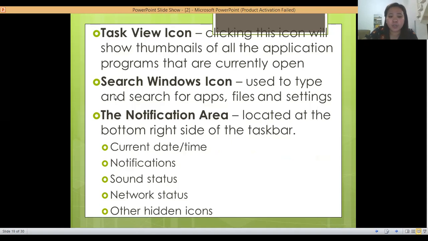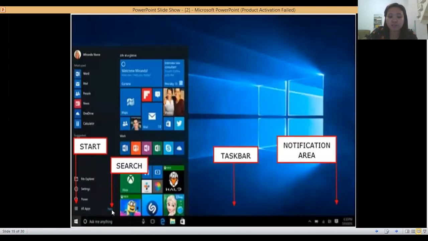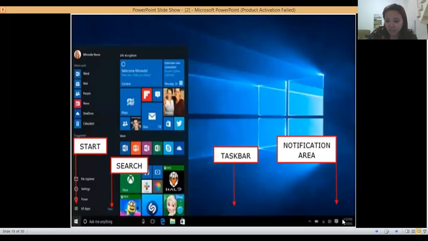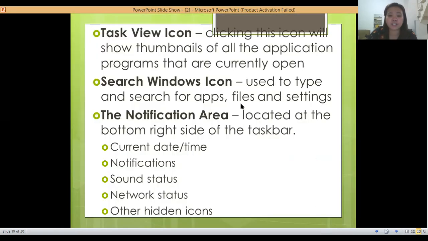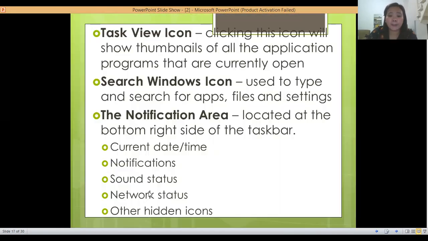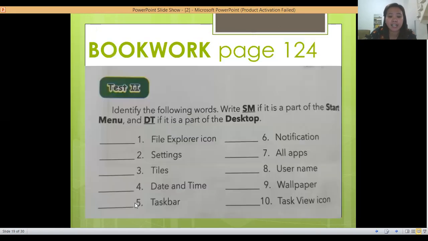Okay po? Next, what is a search windows icon? You're gonna use to type and search for apps, files, dito yan. Apps, files, and settings. And then the notification area. So this is the notification area, located at the bottom right side. So this one here, bottom right side. It contains the current date and time, the notifications, the sound status, the network status, and the other hidden